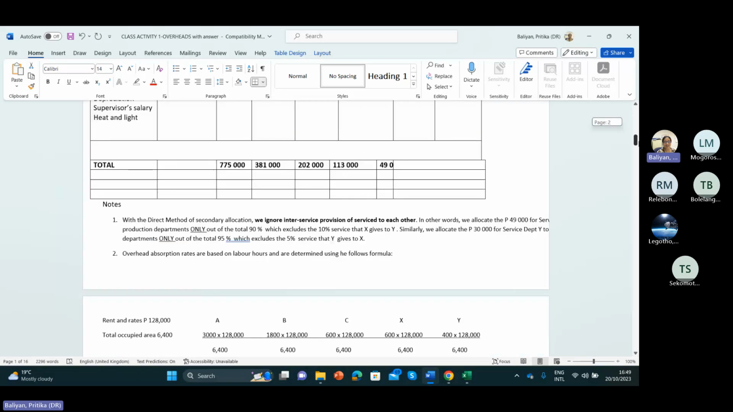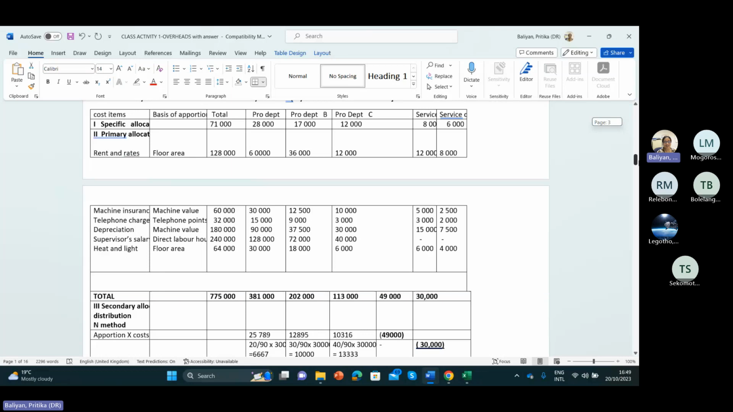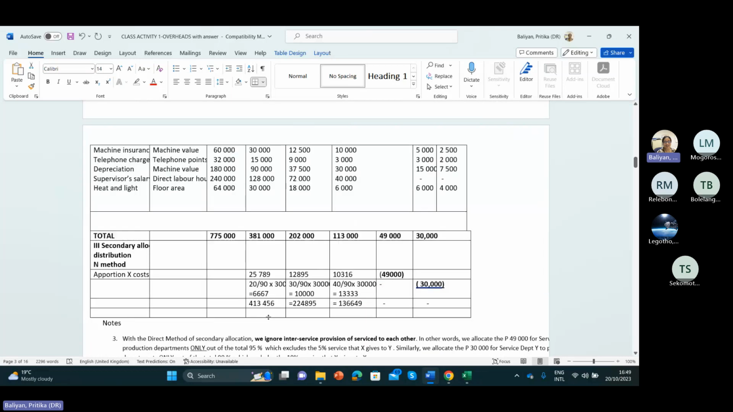So here we have it. Then when you are calculating the predetermined overhead rate,